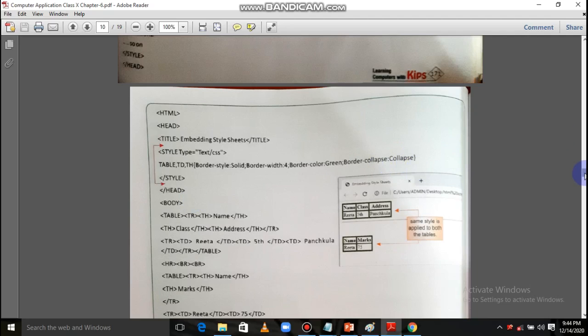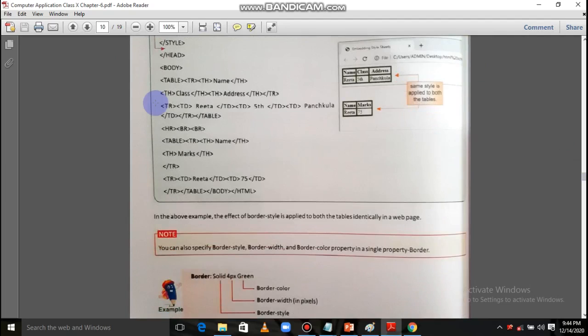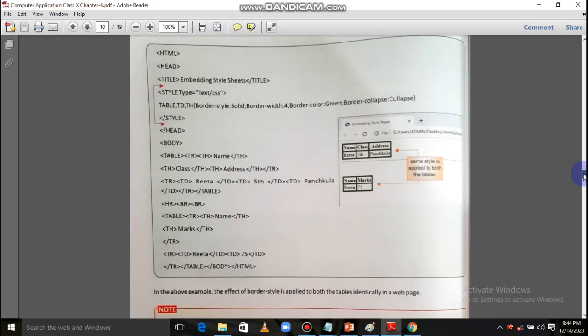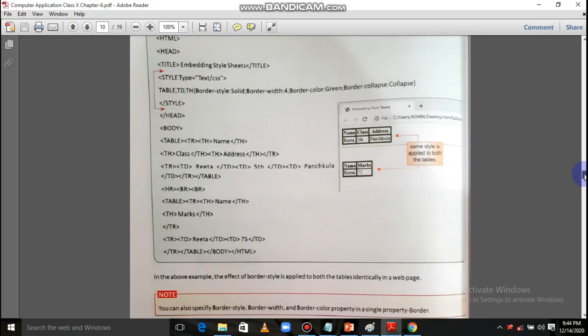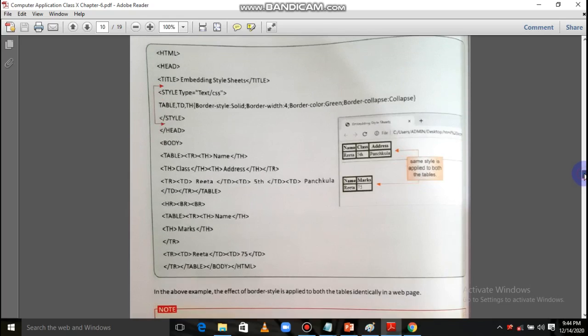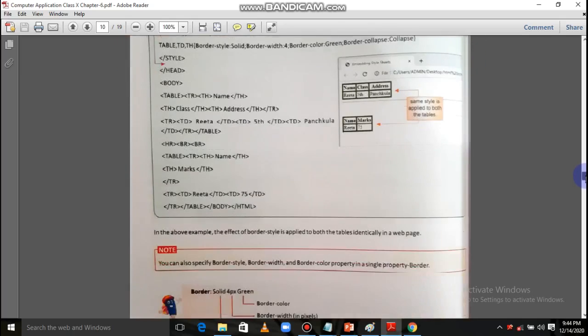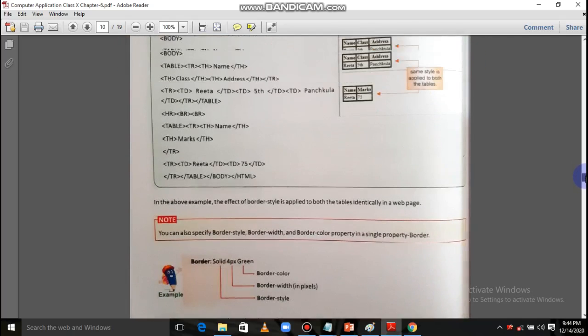What will happen here is that for whatever table, tr, td are there, the color becomes green, the border style is solid, and the width is 4. Like this you can apply external CSS this way. This example also we can see.